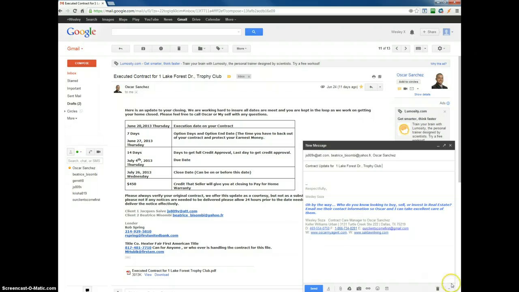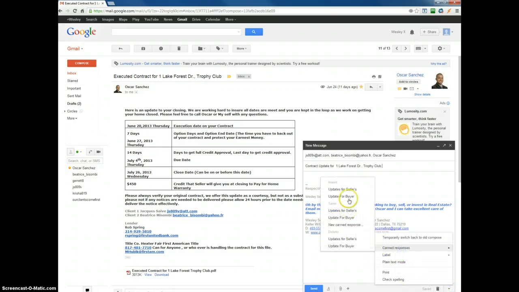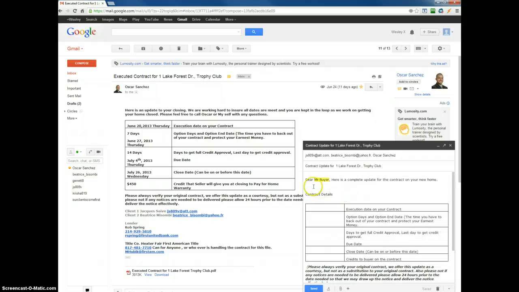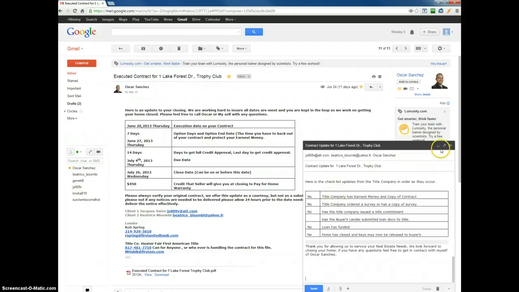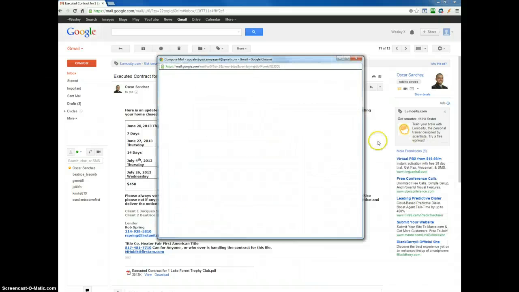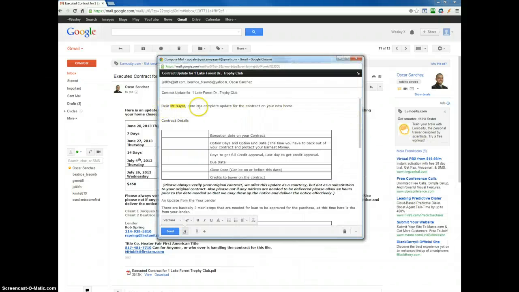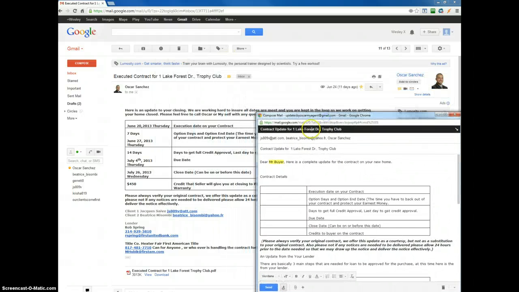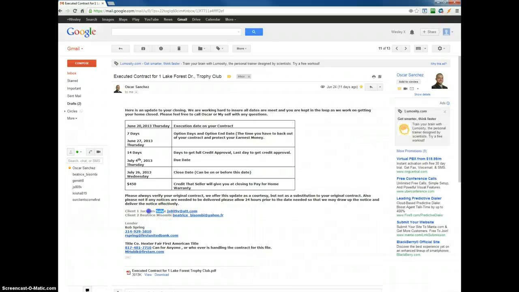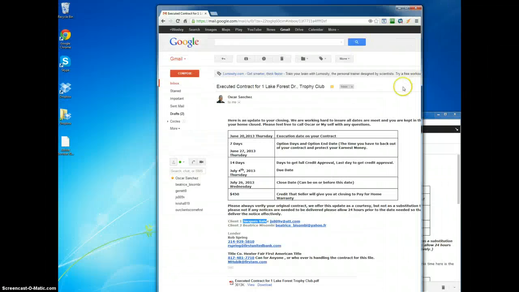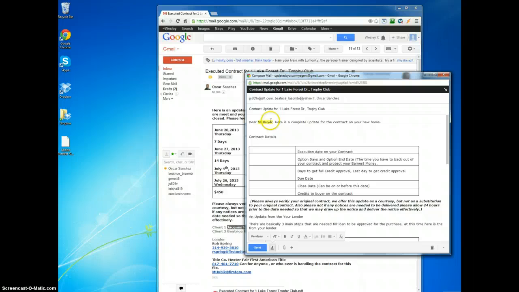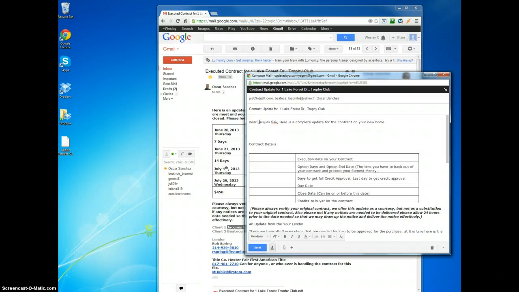Okay. Then the first thing we're going to do is go to our canned responses and hit "update for buyer." It's going to pull up a template, and I'll make this bigger for this example. It says, "Dear Mr. Buyer, here's a complete update for the contract on your new home." We're going to replace "buyer" with the client's name. So it's Jacques and Beatrice,